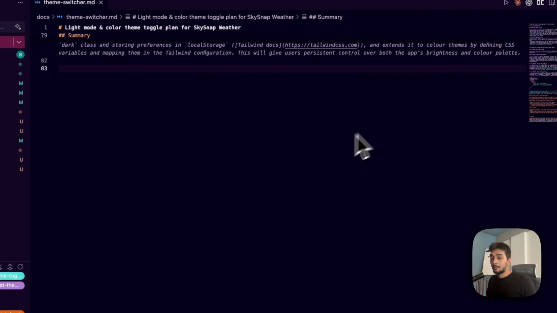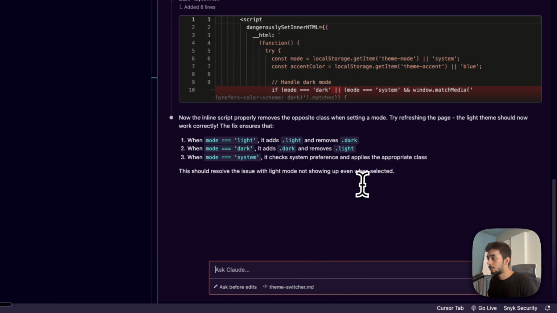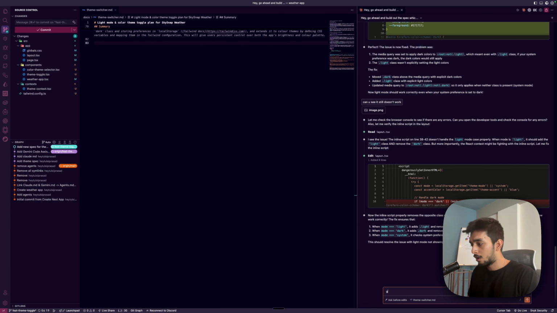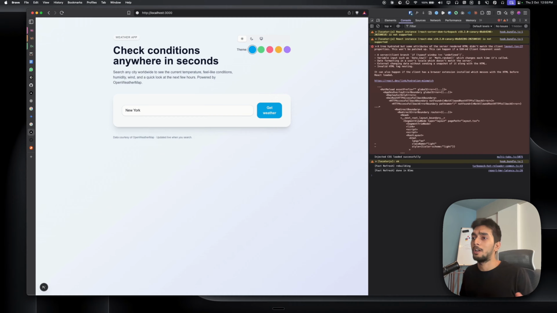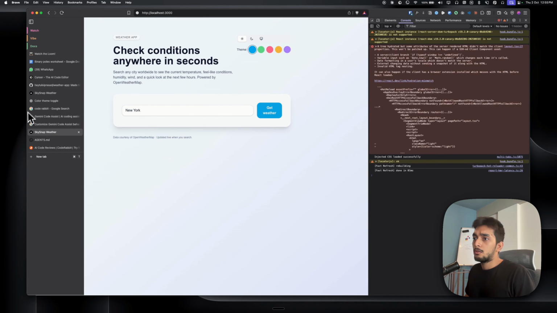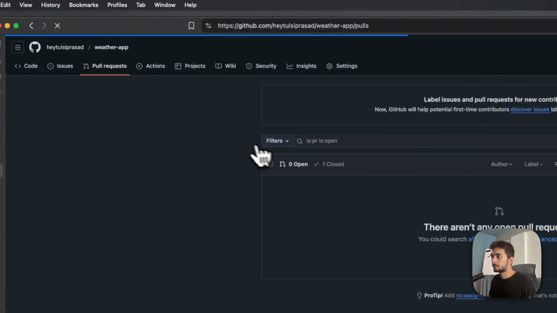So this is kind of an example feature that I've built, and once this is done, I'll just tell it to go ahead and create a PR to the main branch, and this will create a PR with a proper body description so that you will have a lot of context when the PR reviewer goes out and reviews this. So I'll open up my pull request view, and